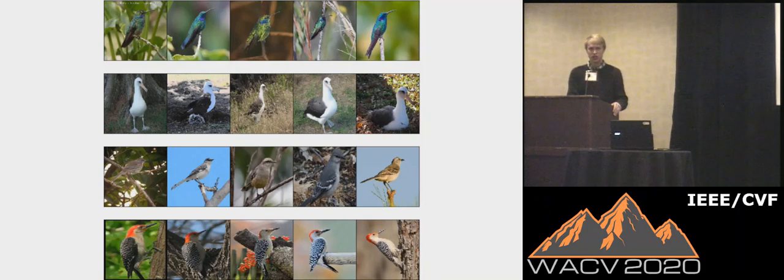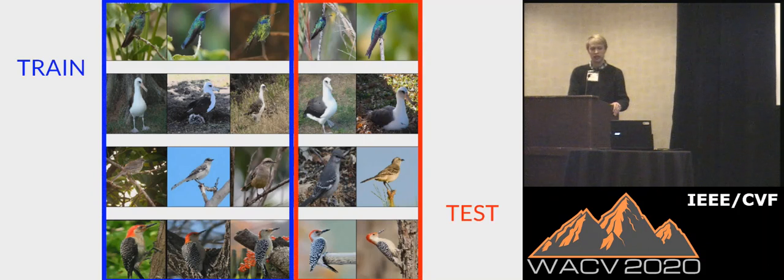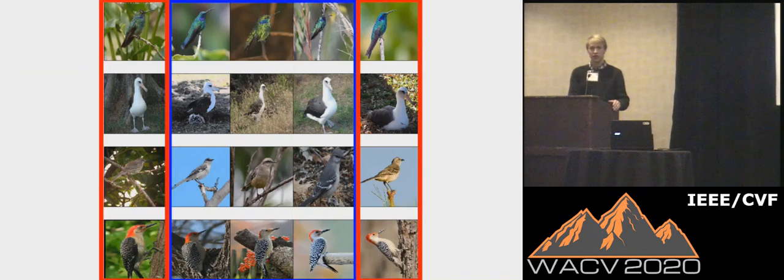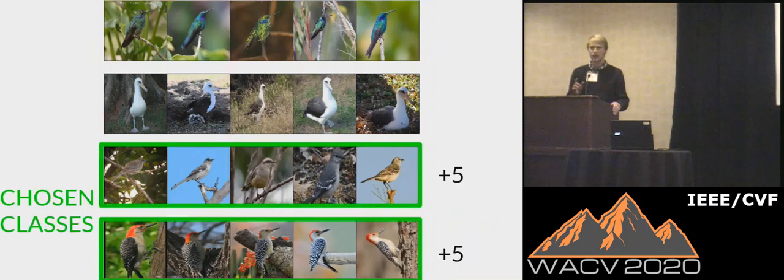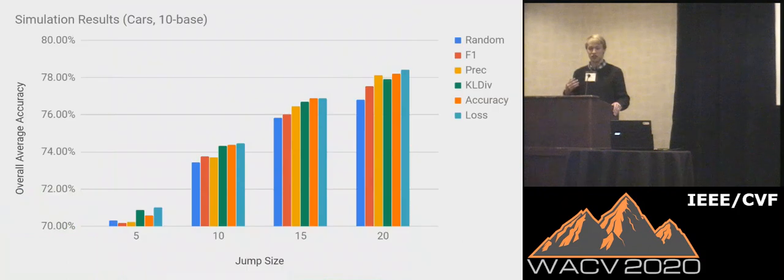So if you took some initial dataset like the one pictured here, 5 images per class, and you want to know which ones were the hard and which ones were the easy, our idea, and what we do in this paper, is we take cross-validation. We would take 5 different train sets, 5 different test sets, and we would compute different metrics on it. We would take the accuracy, the loss, the KL divergence, and from that we would choose whichever ones appeared by the given metrics to be the hardest classes, and we would just feed them more